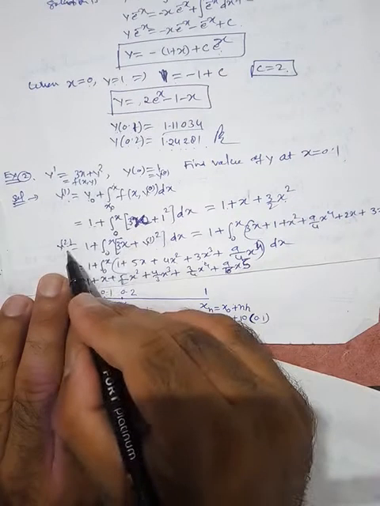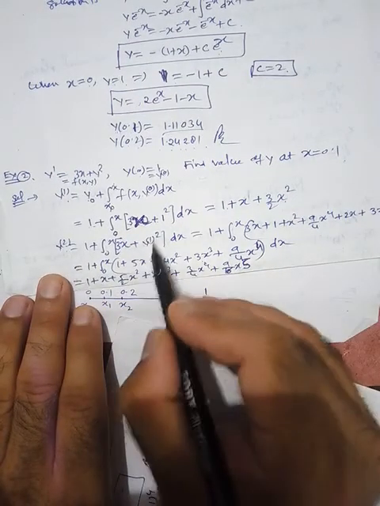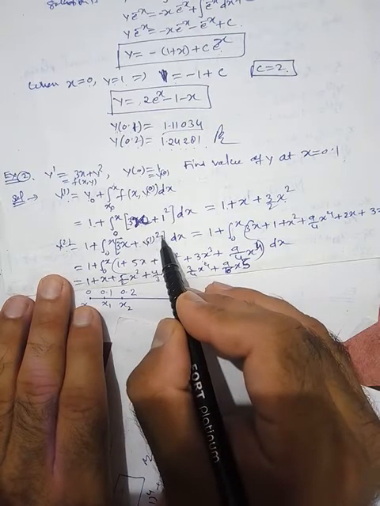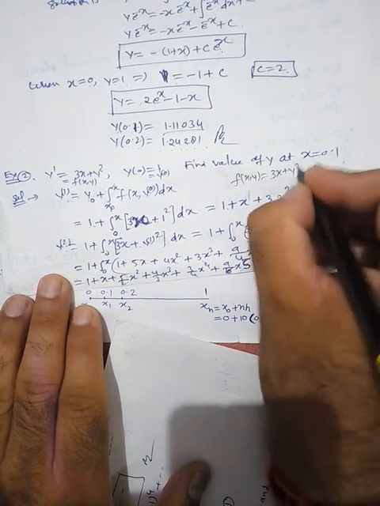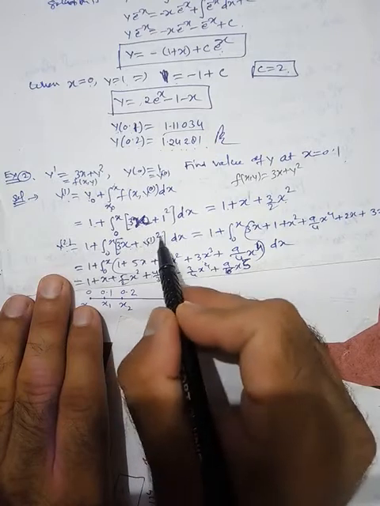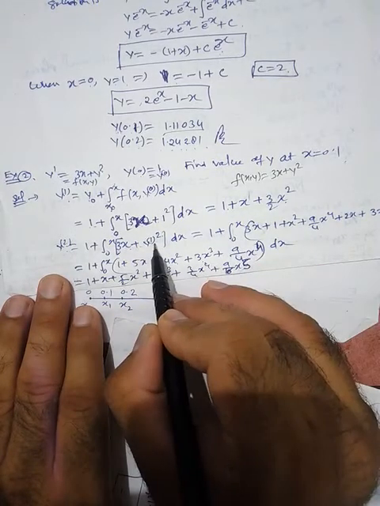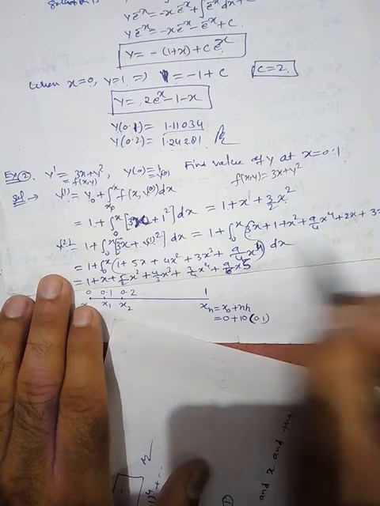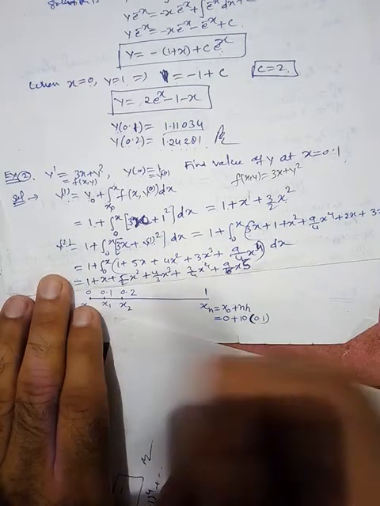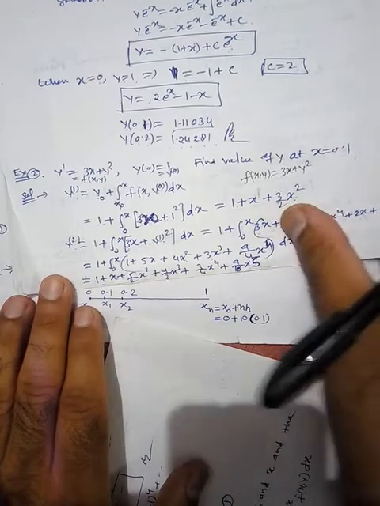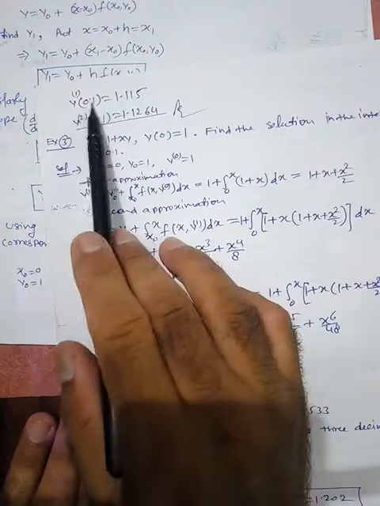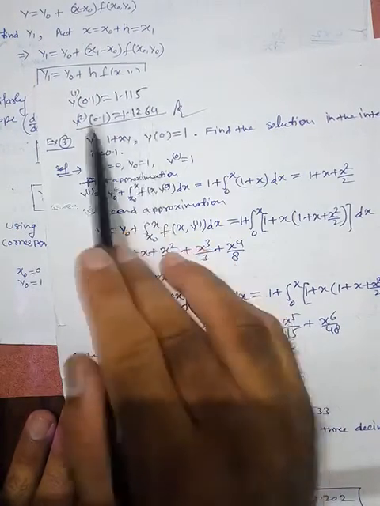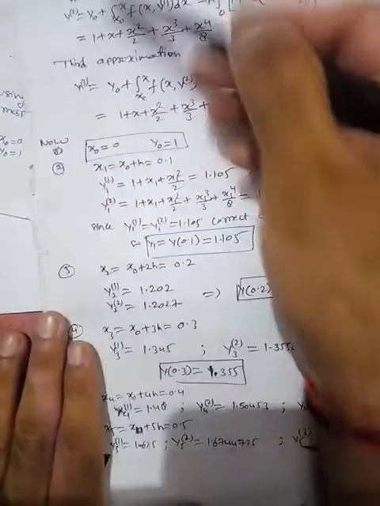Similarly, we get the second approximation, where we substitute the first approximation as the y squared, because the function f(x, y) is 3x plus y squared. So here 3x plus the first approximation, whole squared, but the first approximation is this. We put it in and take the square, so we get this value, and then integrating it, we get this function, a polynomial. Fine. Then finally put in the value, y at 0.1. So finally we get this value, and hence the third example you can do yourself.